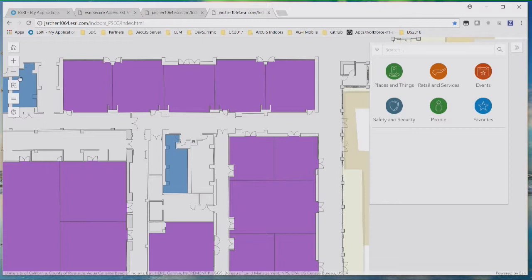But basically, you take the information in, you create maps and scenes in ArcGIS Pro, and you can publish those out as mobile map packages or 2D web maps. In this case, that's exactly what we did with the Palm Springs Convention Center. So we're looking at our latest JavaScript API application. The ArcGIS Indoors team started with CAD drawings from Palm Springs Convention Center, brought those into the desktop, added some attribution,